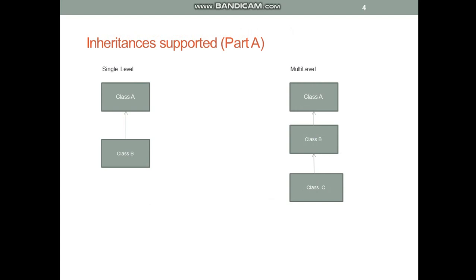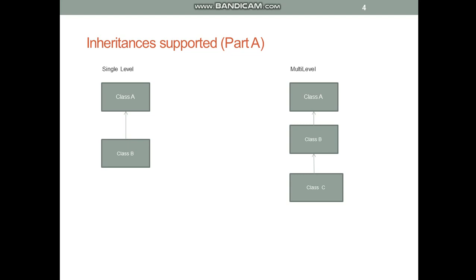In the pictorial representation on the right side, you can see the multi-level inheritance demo: class C, class B, and class A. So class A sits at the top of the hierarchy. Class B and class C are below the level of class A. Class A being at the top level is followed by class B and C. So class C is at level 3, class B is at level 2, and class A is at level 1, or level 0, you can say. So this is multi-level inheritance. Those are the first two parts.